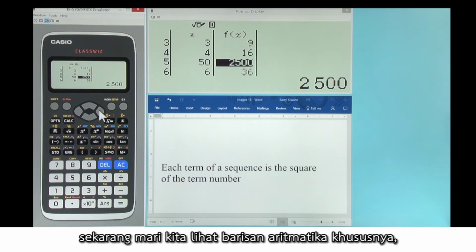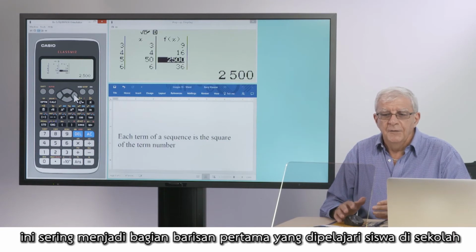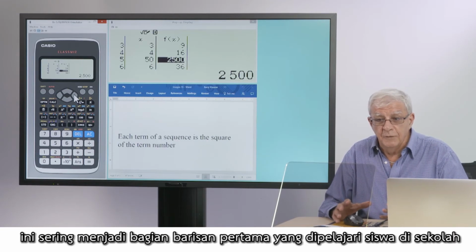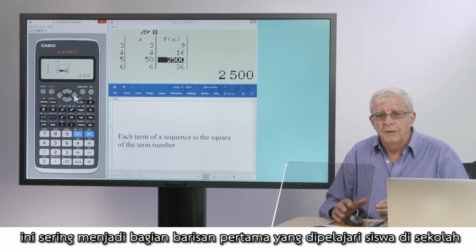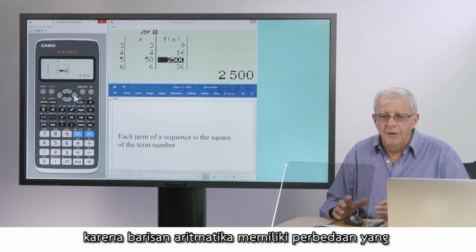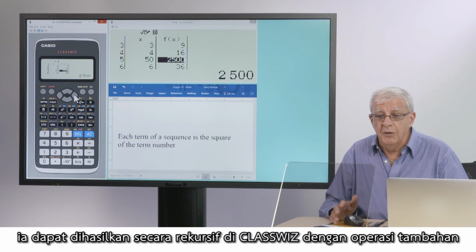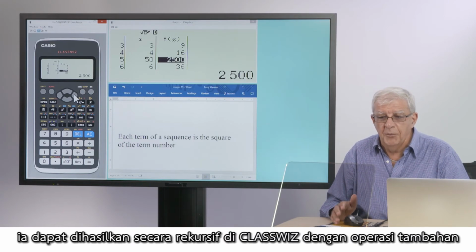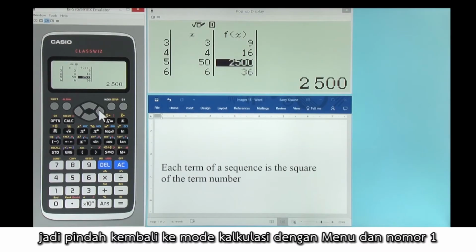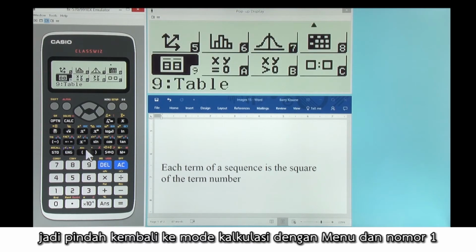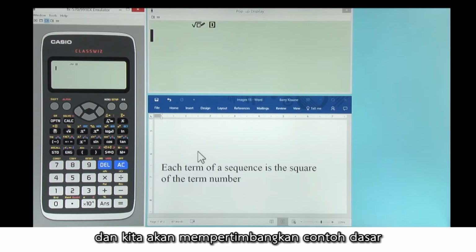Now let's look at arithmetic sequences in particular. These are often the first sequences students study in school, because arithmetic sequences have a common difference between terms. They can be generated recursively on ClassWiz with an addition operation. So move back to calculate mode with Menu and number 1, and we'll consider an elementary example to show the